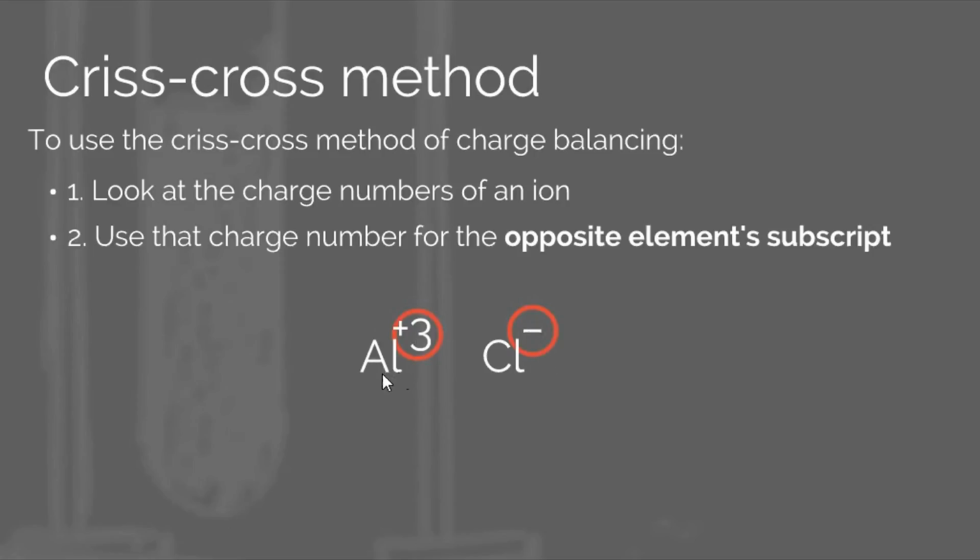So if I start with aluminum here, I'm going to take the number from chlorine and I'm going to pair it to aluminum for the subscript. But remember that for 1, we don't say anything in the subscript. So to begin writing the chemical formula, I would just write Al for aluminum. Now for chlorine, I'm going to take the positive 3 from aluminum, and I'm going to pair it to the chlorine for its subscript. So for chlorine, I will write Cl3 for the balanced